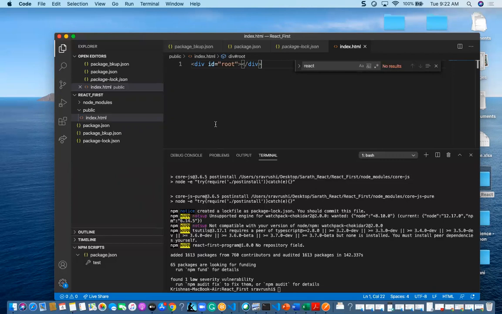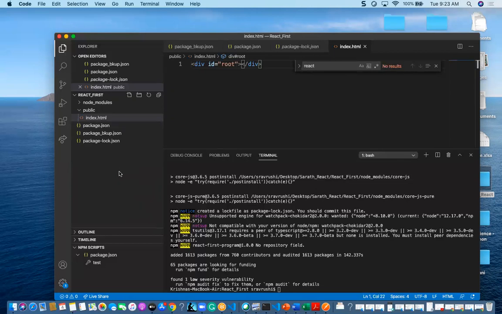Likewise, we are going to inject one component into this root. My current element is the div with id root, but I want to inject some component inside it.